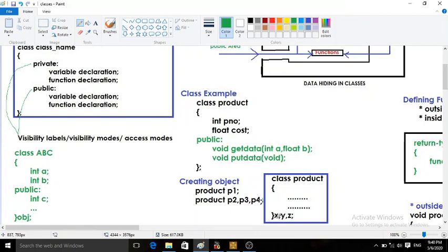It means that x, y and z, these three are objects of class product. And after the declaration of the class, immediately three objects are created, and the required amount of memory will be allocated to x, y and z objects. Remember, this semicolon is again important over here. It indicates end of your statement.